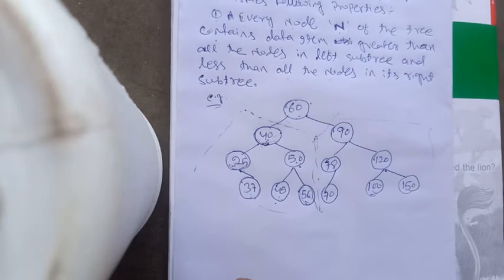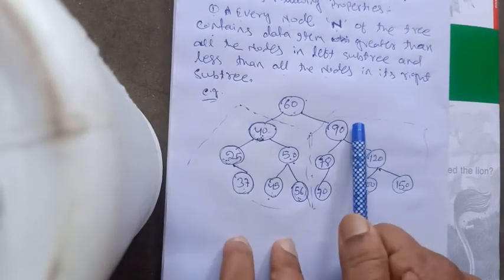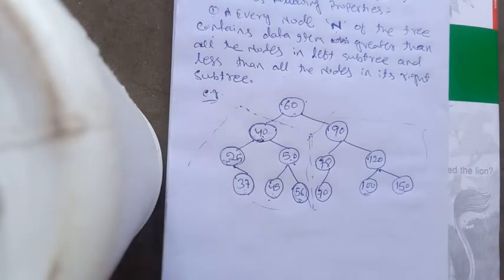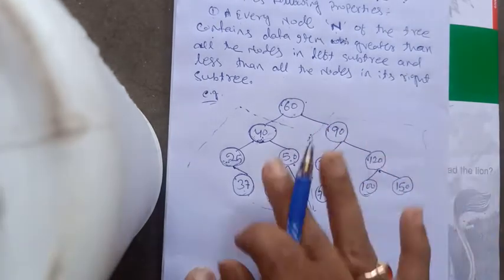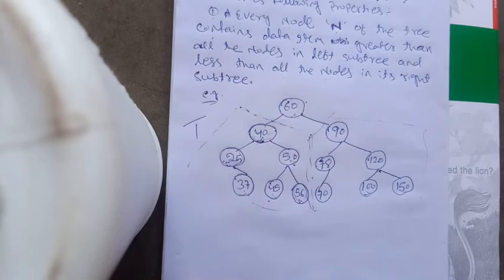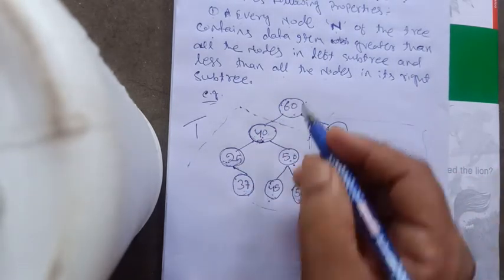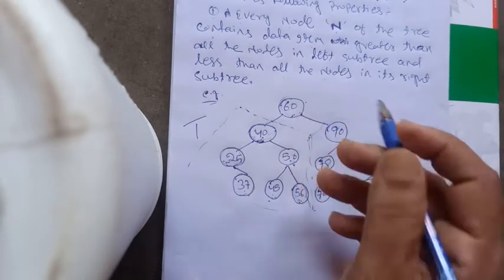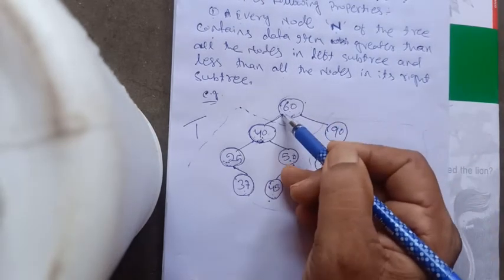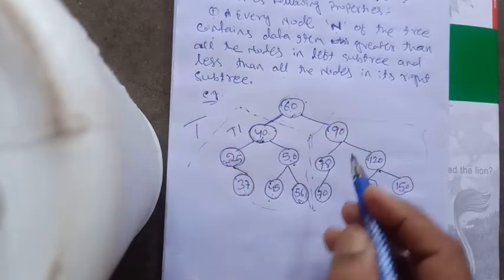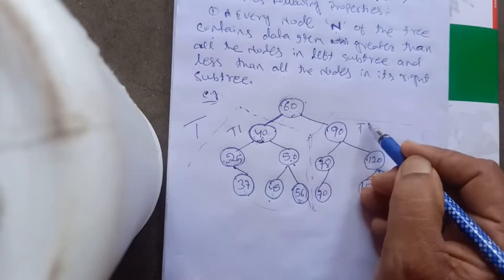Alright guys, similarly, if you observe these nodes, all these nodes satisfy the same property, so it is a binary search tree. Now if you carefully observe this entire tree, the entire tree is known as T. So let us call the complete tree whose root is 60 as T. If this is the root, this one is the left subtree, let us call it T1, and the right subtree, let us call it T2.